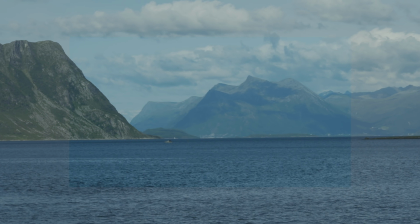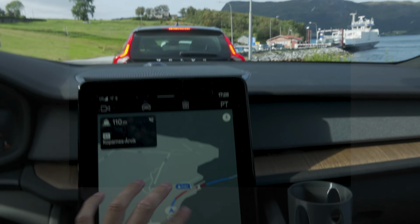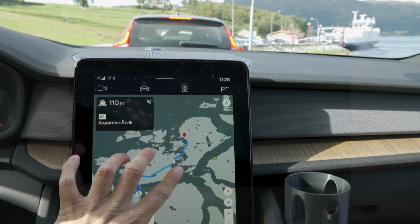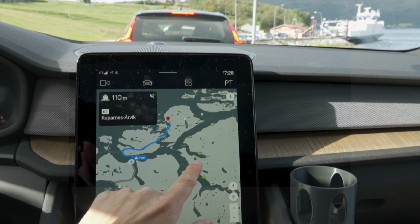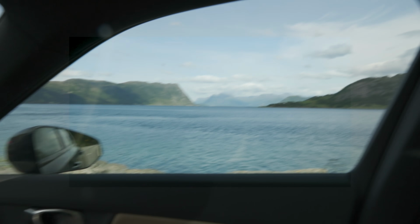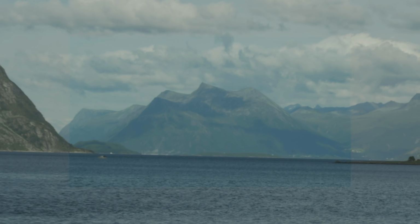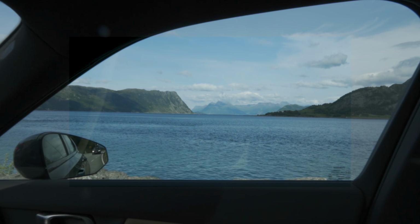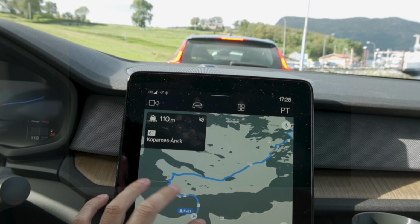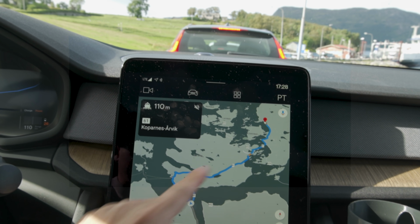early in the morning, and over there, according to the map, that should be Ørsta or Volda. Is that correct? Yeah. So here we have Ørsta, and then we have Volda right over here. So we are looking towards Volda over there, and it's pretty, I mean, that's a special place. But we're going to cross over to this island here, the last island before we drive into